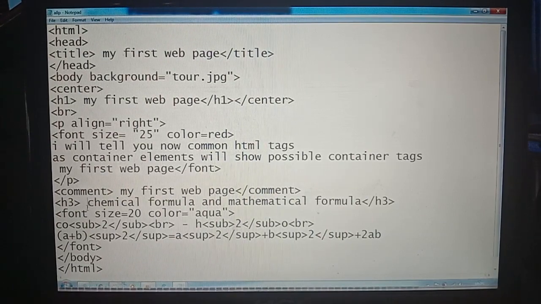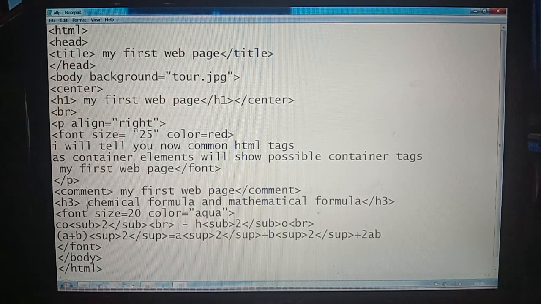Did you understand subscript and superscript? Whatever text is displayed above the baseline is superscript, and whatever text is displayed below the baseline is subscript. Subscript means below the baseline, down, just like a chemical formula, H2O.